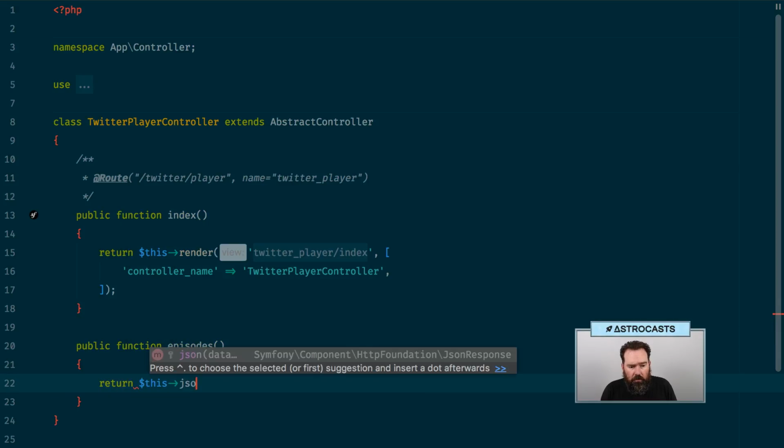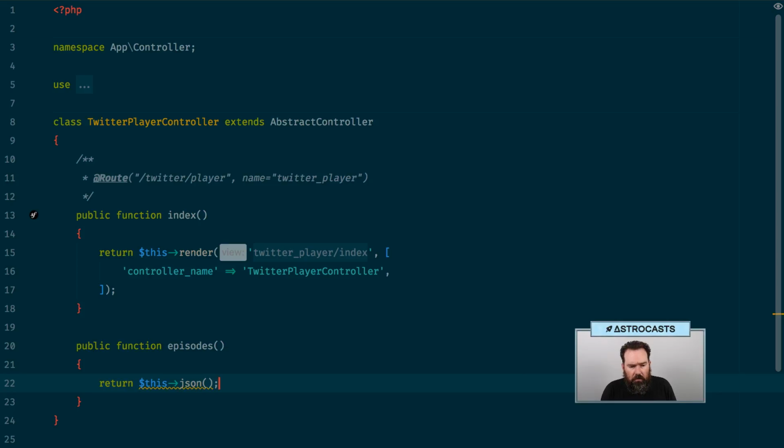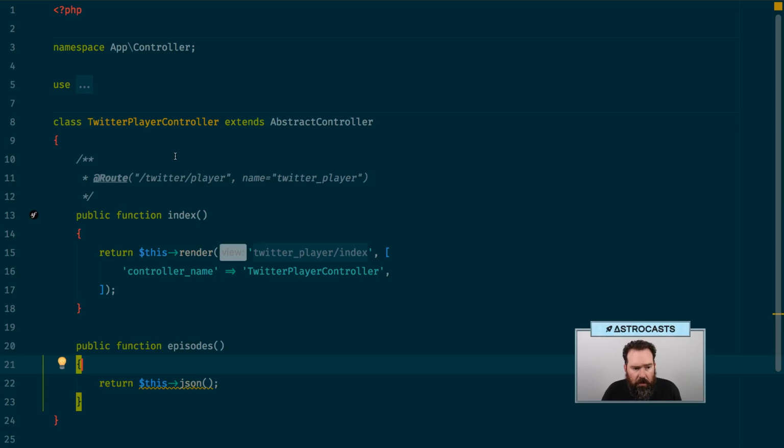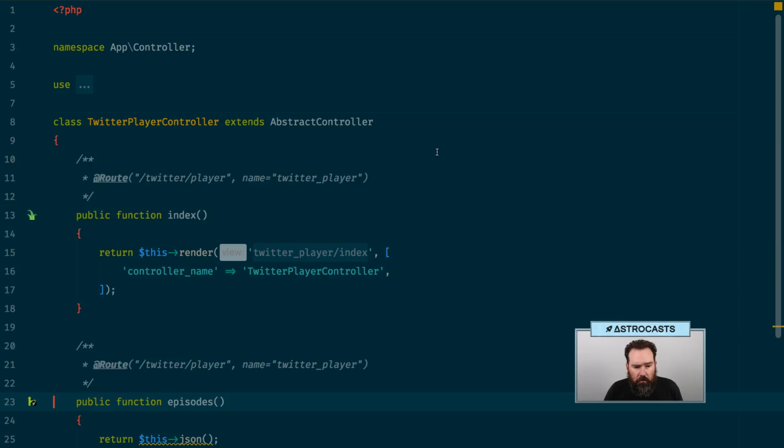Return this JSON. So what do we do with this? We just pass it the data. Int status 200. So all that should be fine. And we'll do player episodes, Twitter player episodes, and we'll do